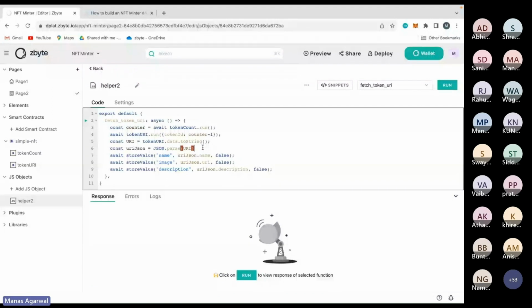And what we are doing is we are storing these values that we get from this token URI. The store value function basically stores any value that we tell it into the cache of the dPlat, basically for the time of that session. So what we are doing is we are saying await store value,